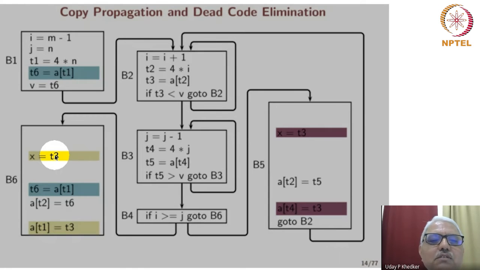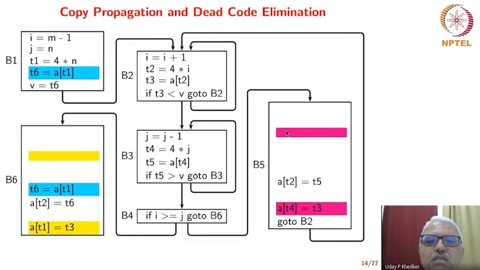And therefore, these particular assignments are dead. They are called dead code. So we want to eliminate dead code from the program, and we can, because there is no point in storing these values. So we perform dead code elimination and we are able to optimize the program still further.